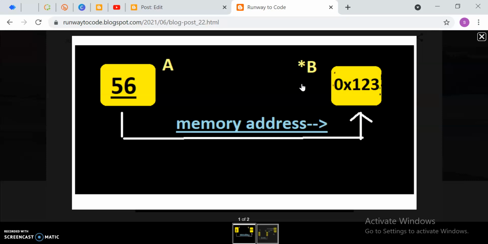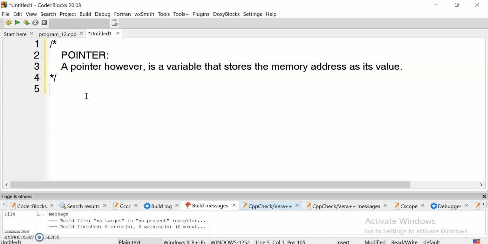So now this pointer b stores the address of the variable a in the memory location. What does this star b mean? It stores the address of a, and a stores the data element. Okay, so let's take an example for this, then it's more clear to you.